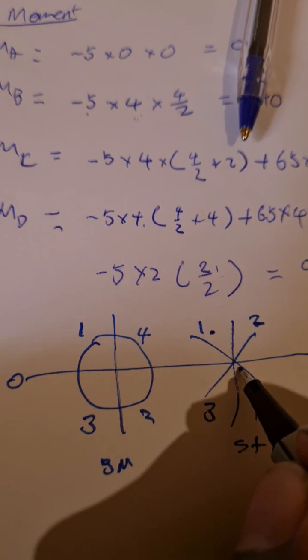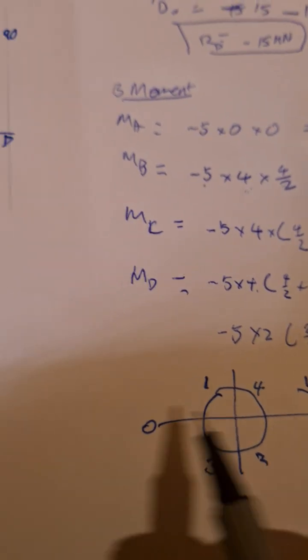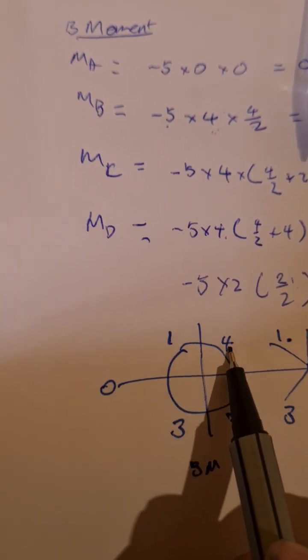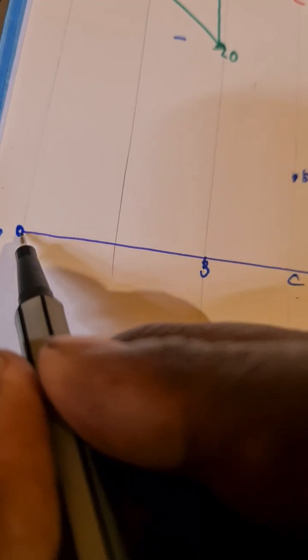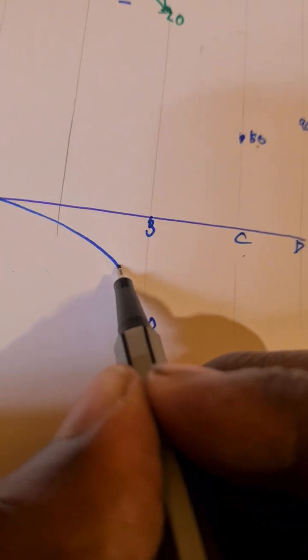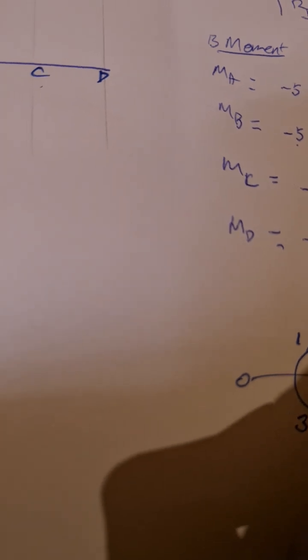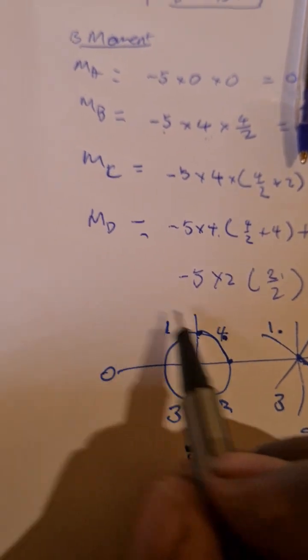number 4 represents A to B because it's below 0. So it's this one. So where is 4 here? 4 is here. You see? Then you draw. You start from here to here. So where it starts, we're gonna curve like this because we want to draw this curve. So it's like this curve. 4